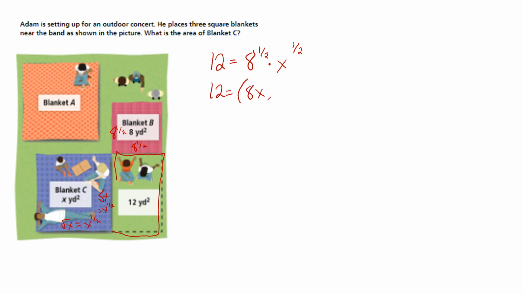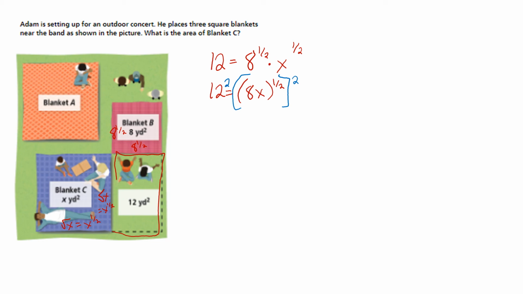this is 8x to the 1/2, right? Because properties work both directions. So we have 8x to the 1/2. It would be great if that wasn't to the 1/2. So if we took that and squared it, the 1/2 times the 2 would give us just a 1. Well, if we square that side of the equal sign, we have to square this side of the equal sign